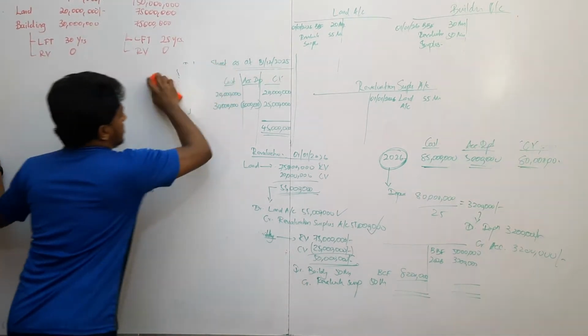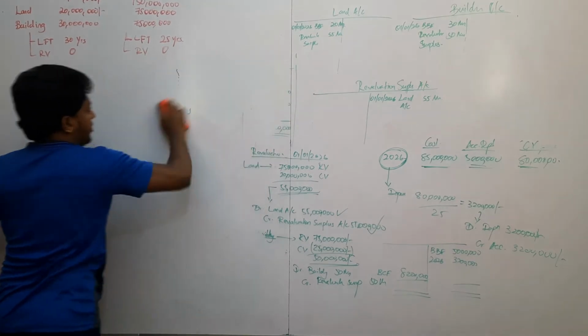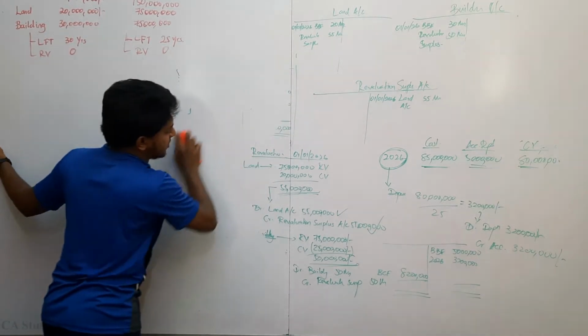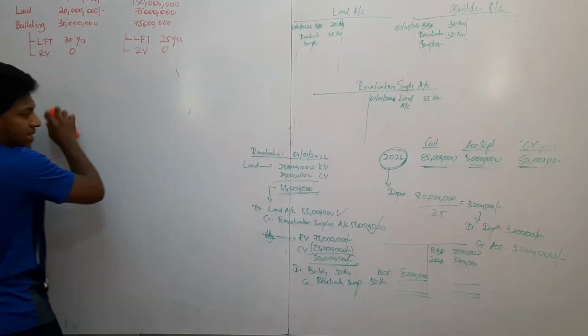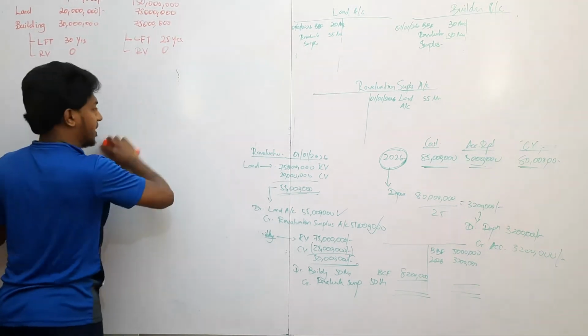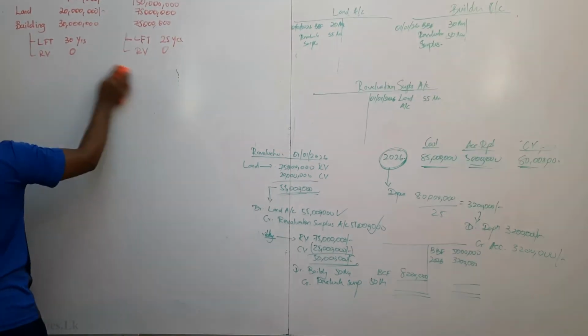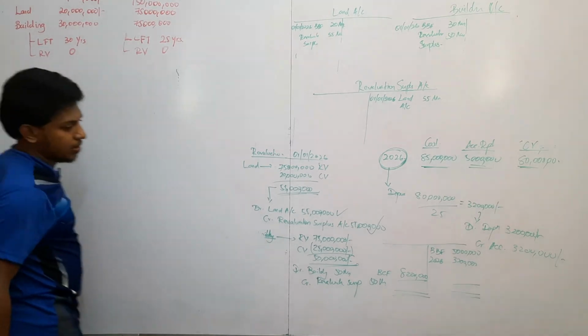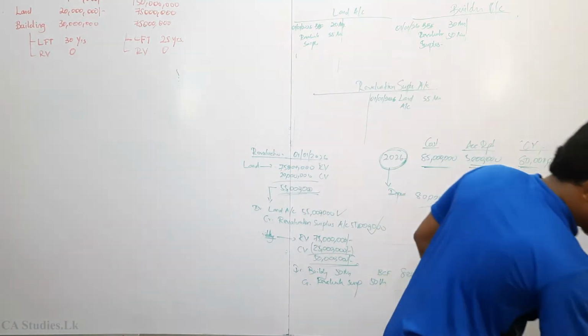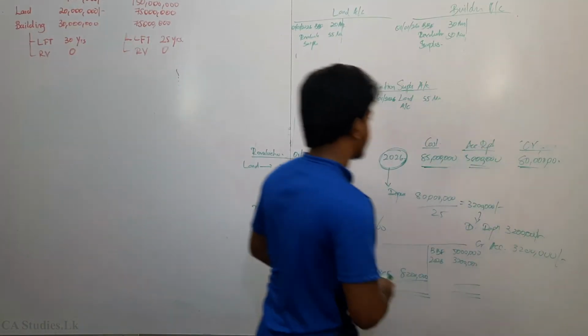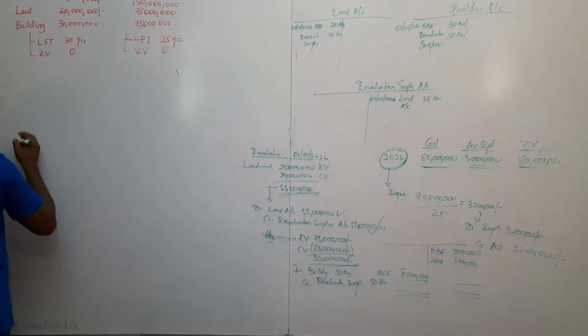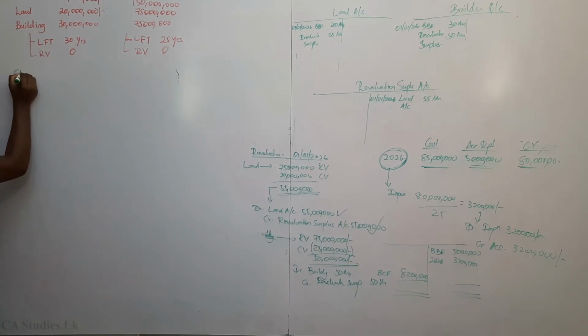Now presentation. Measurement part is finished. Initial recognition done. Initial measurement also done. Then subsequent measurement also done. The final one is presentation. Now take a profit or loss statement of